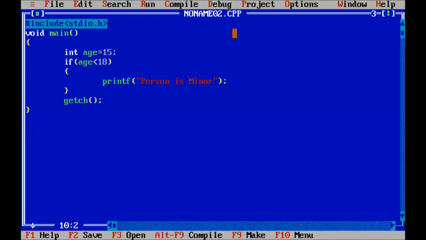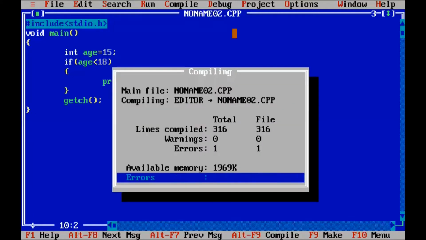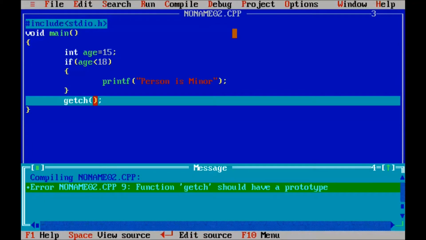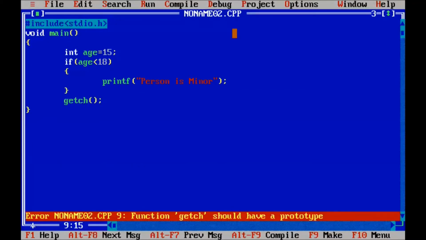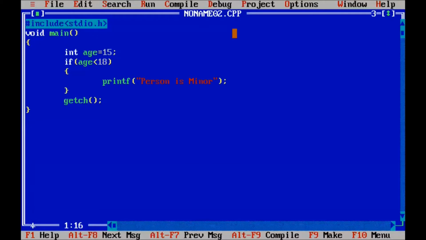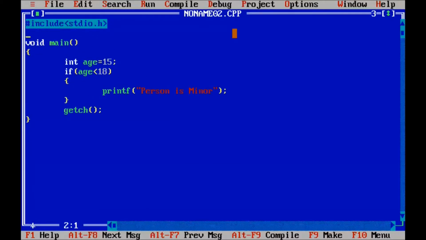First of all we compile the program. So there is one error: getch function should have a prototype. So we use another header file to support the getch function, #include conio.h.